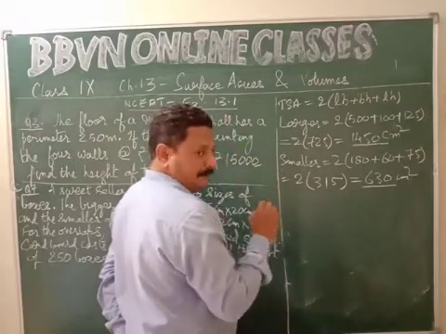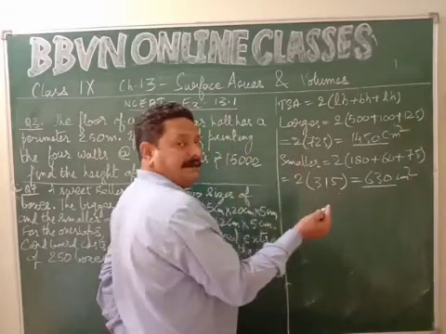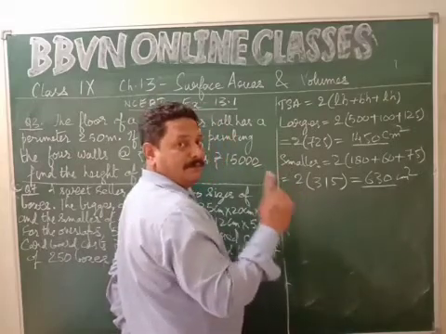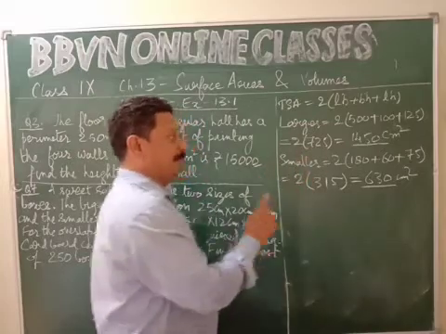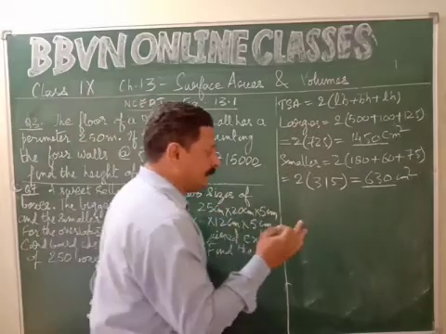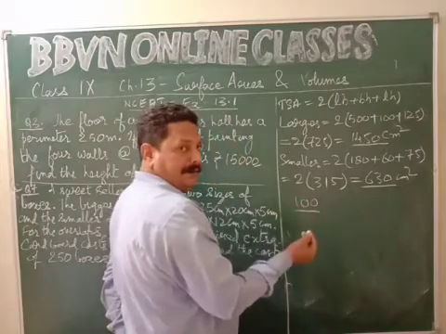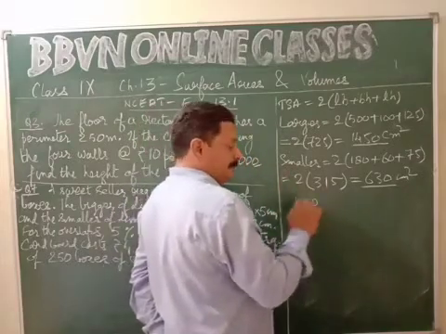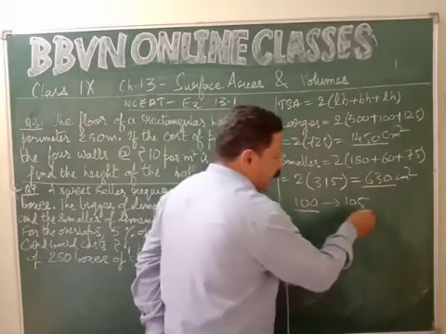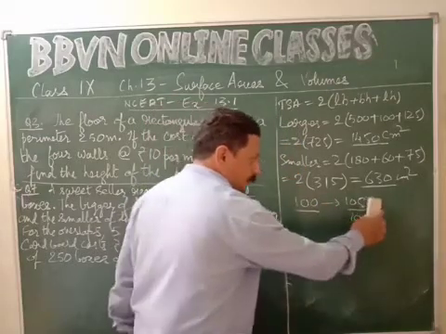We need 250 boxes. Okay? And 5% of total surface area is required extra for the overlap. So what will be the total area of the cardboard that we have used in making 250 such boxes of each type? Now listen, 5% extra means if we have 100 units of a particular quantity and we are taking 5% extra, it means we are consuming 105 units instead of 100 units. This is 5% extra. So we'll use this formula here.